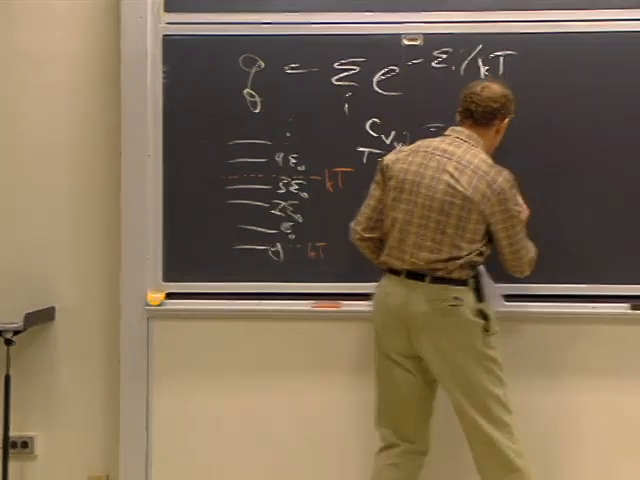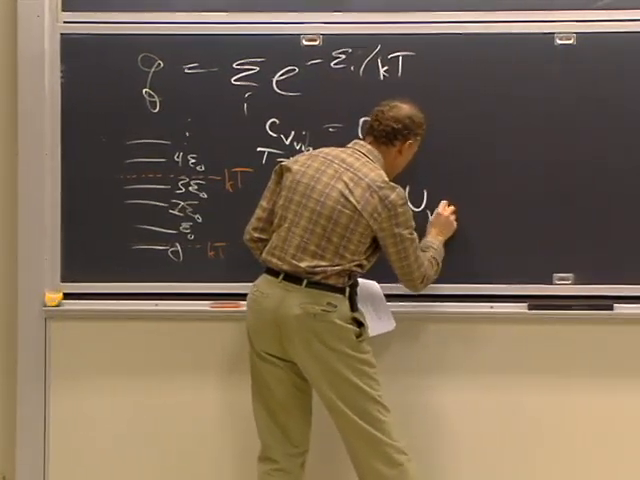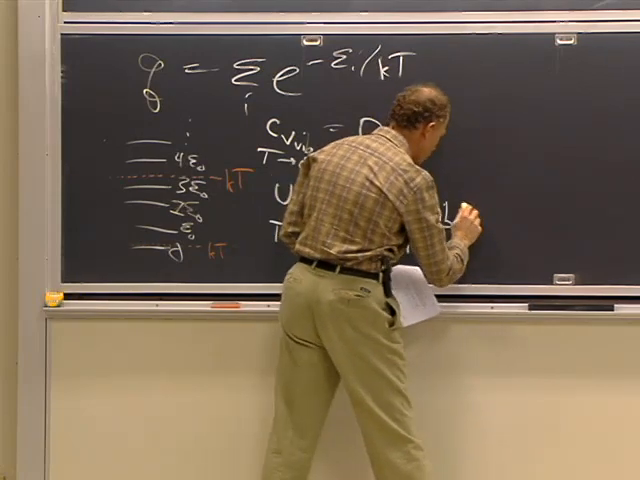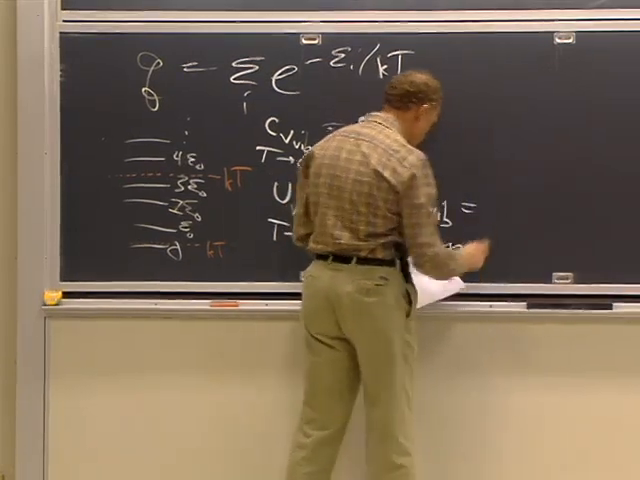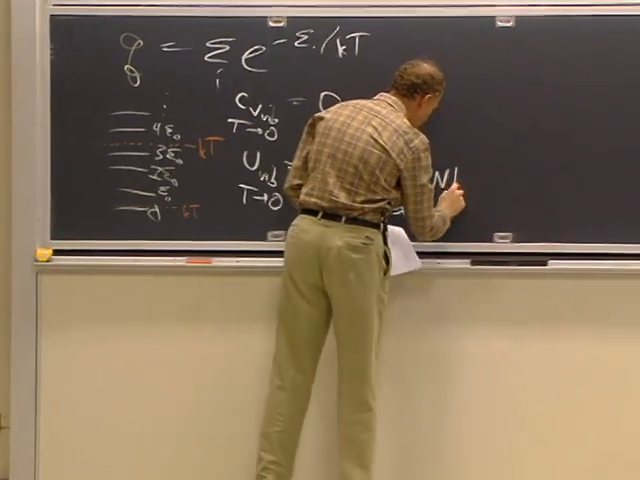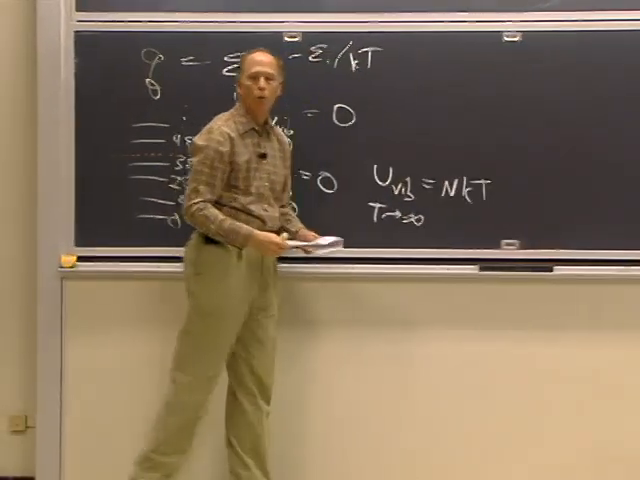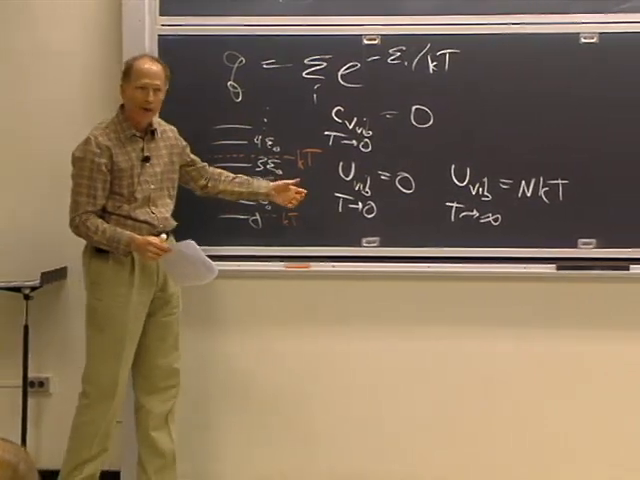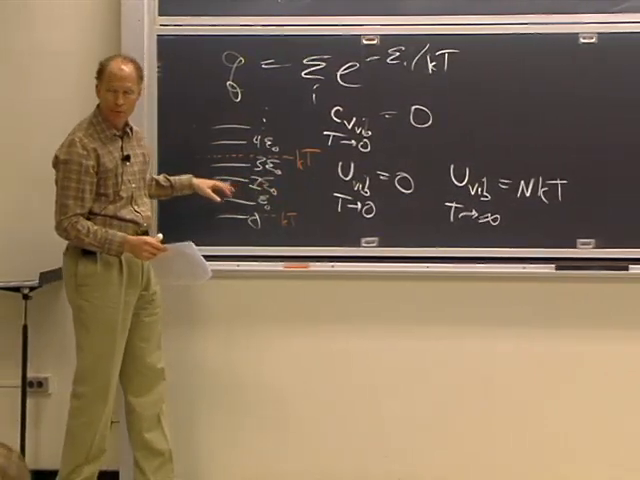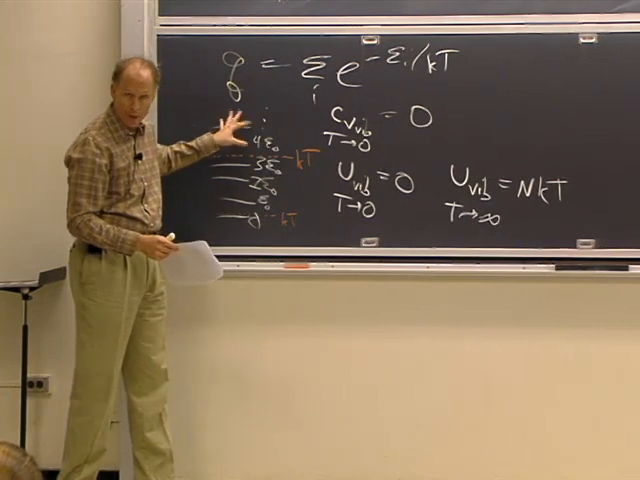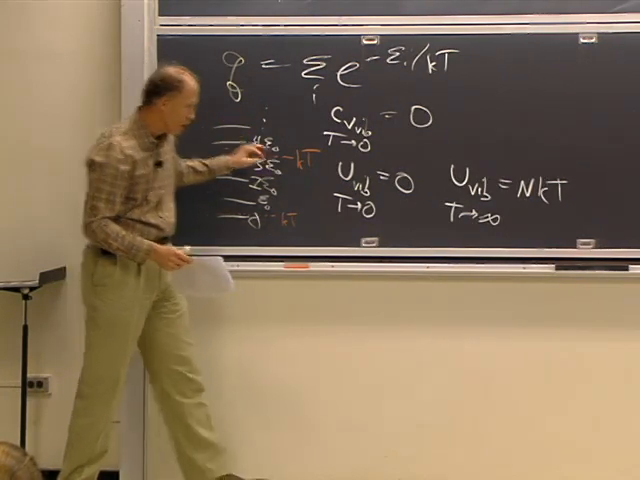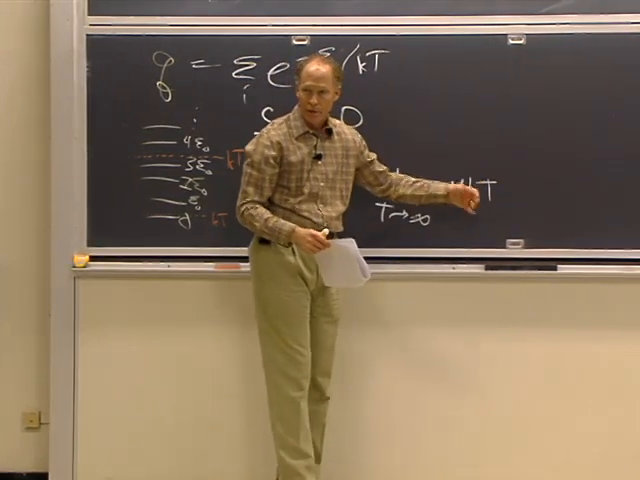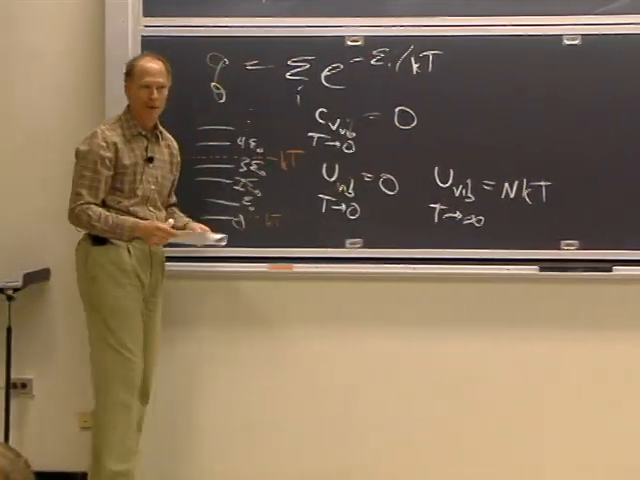And that is U vibrational in the high temperature limit was just, well, for n molecules, it was nkT. 1/2 kT for each kinetic energy degree of freedom, 1/2 kT for each potential energy degree of freedom. And since vibrations have each of those, potential and kinetic energy, it's kT for each molecule for each degree of freedom. That's an incredibly simple, useful thing. That means if I've got